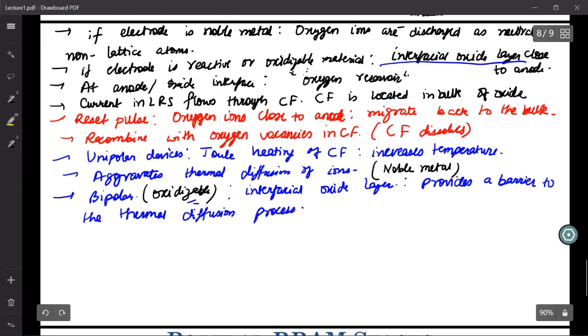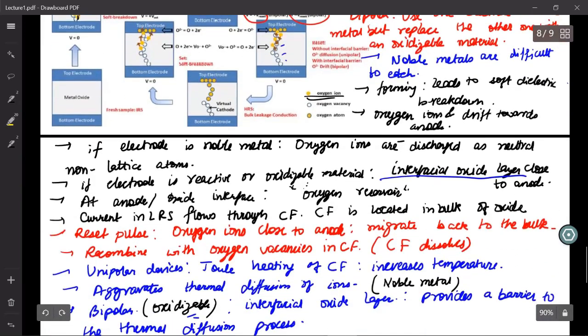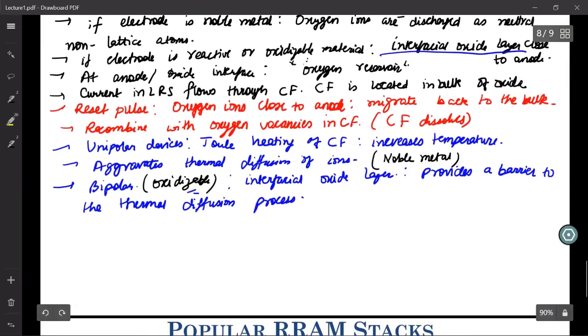So since there is a barrier to the thermal diffusion process, not many ions tend to come up, and so let me show you that. So not many ions are able to come and recombine with these vacancies. And because of that itself, what we need is